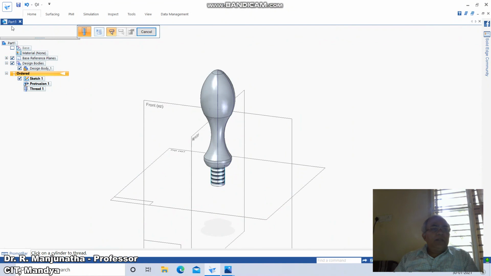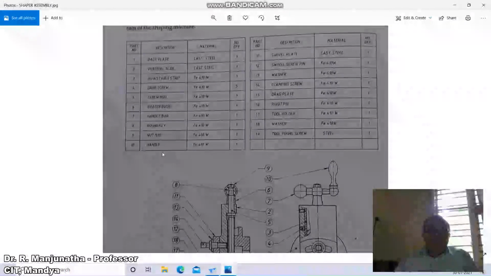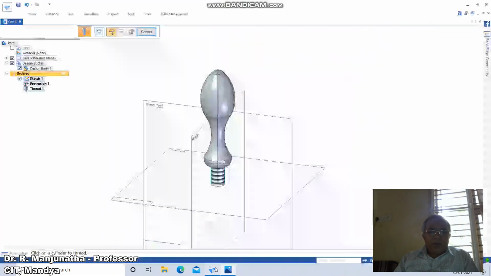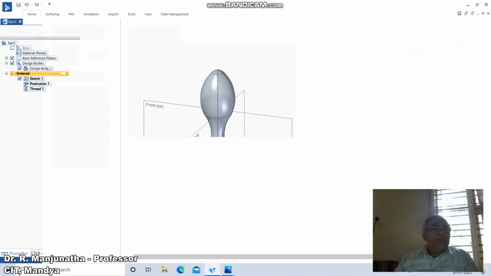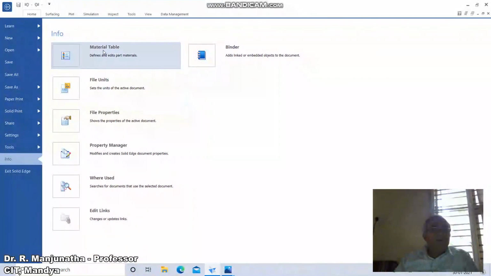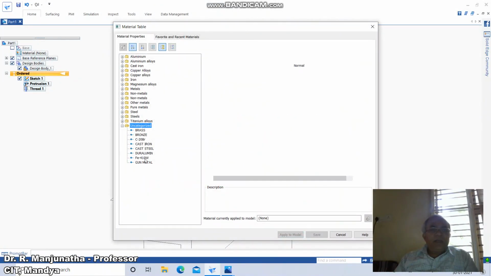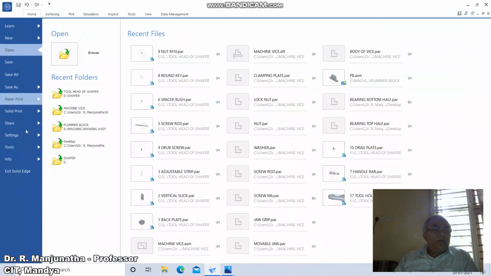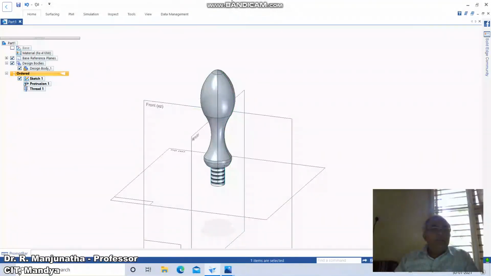So once you do that, here the material the handle is made out of is Fe410W. So to do that, go to application button, go to information, go to material table and assign Fe410W and apply to model. Then go to information button, application.